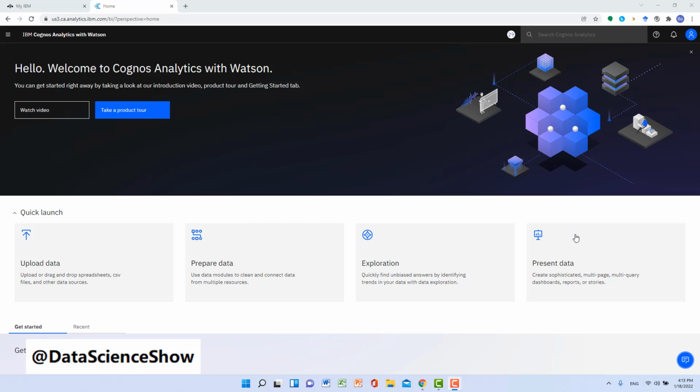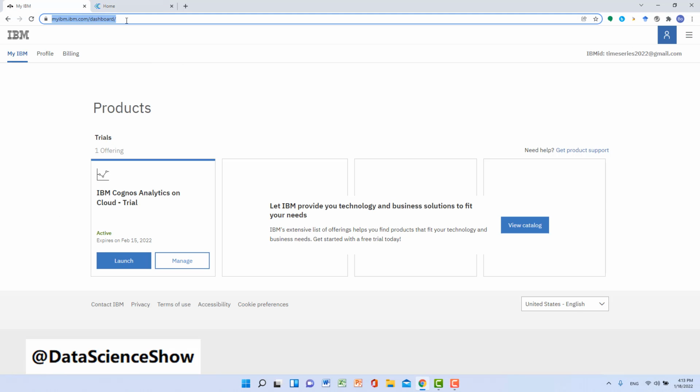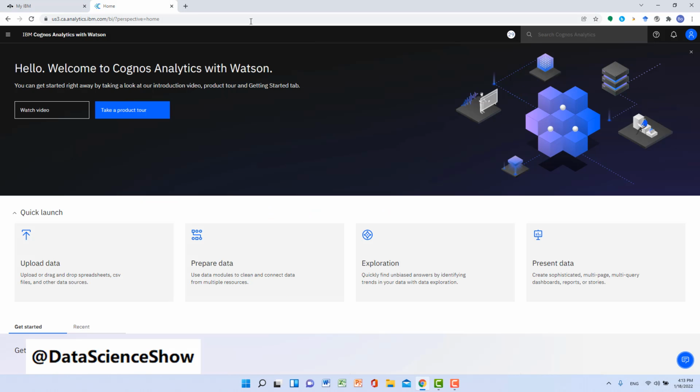Once you finish your registration, go to this website, myibm.ibm.com. This is the gateway for us to get into the IBM Cognos system. Once you log in, click on launch, and then you should be able to see this screen.